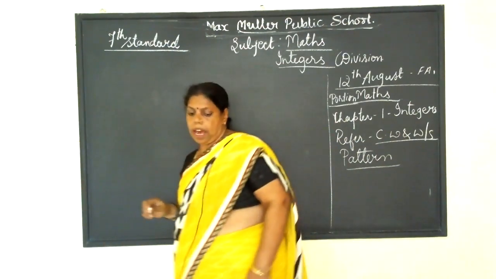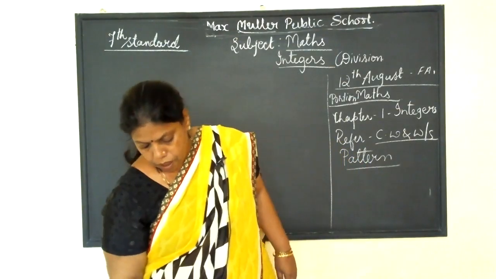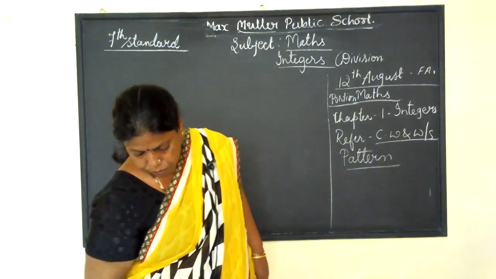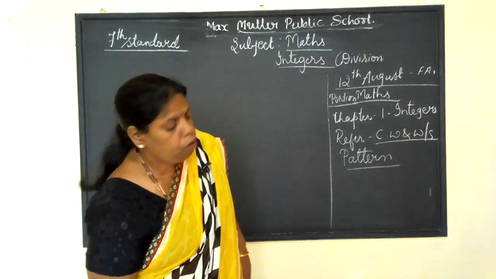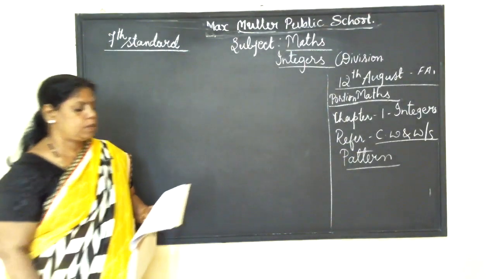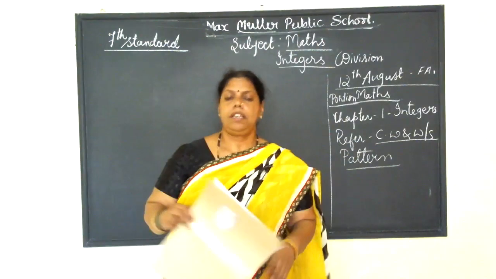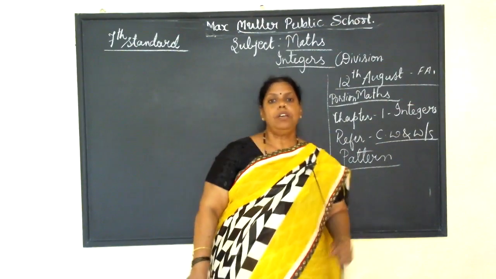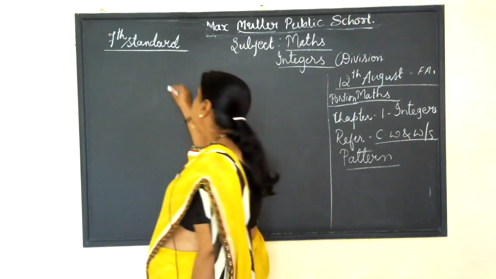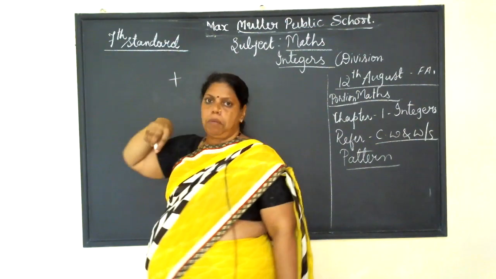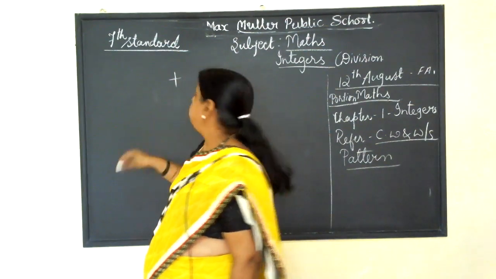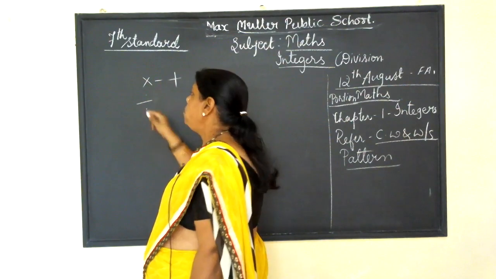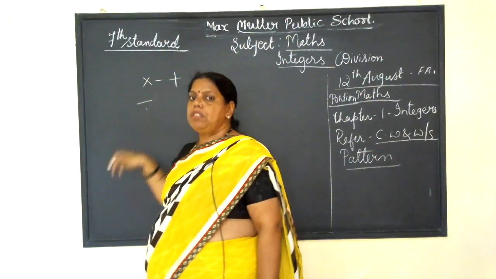Now we will move to the class, that is integers. Note down this one. Now, division of integers. In division of integers, it is the inverse operation of multiplication. Inverse means that in multiplication we were adding, it is nothing but the repetition of addition. For division, it is the inverse, which means if we add here, we have to subtract here.